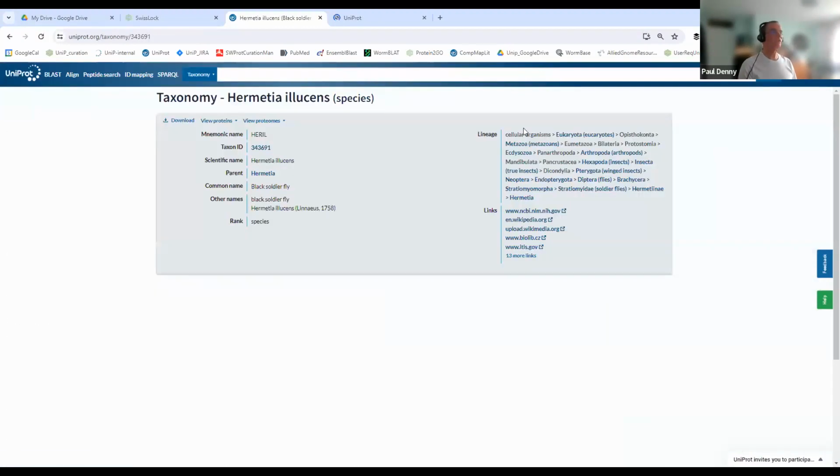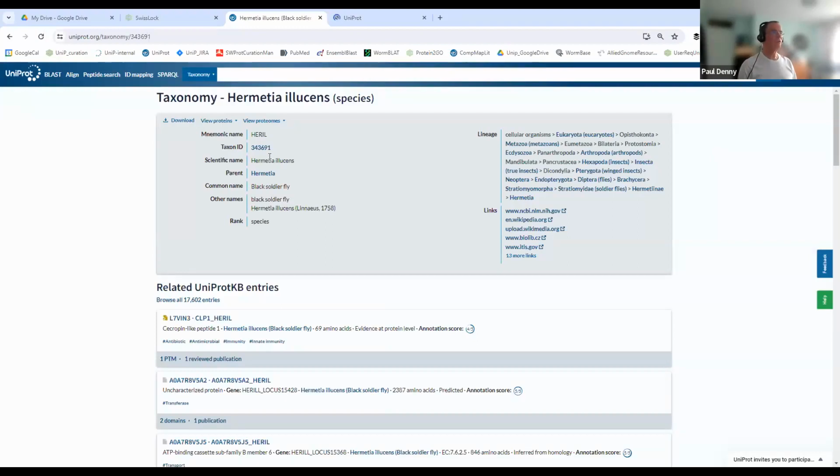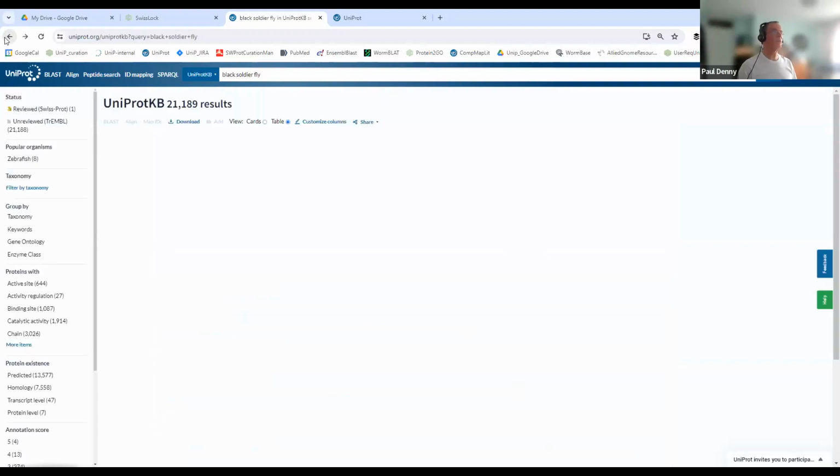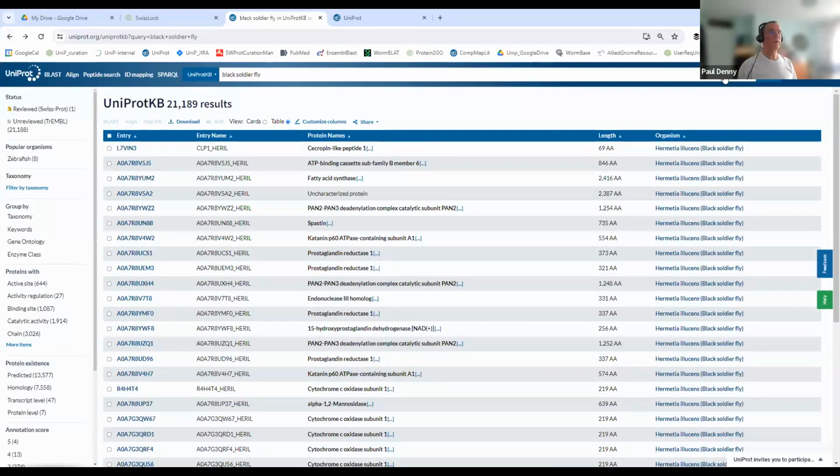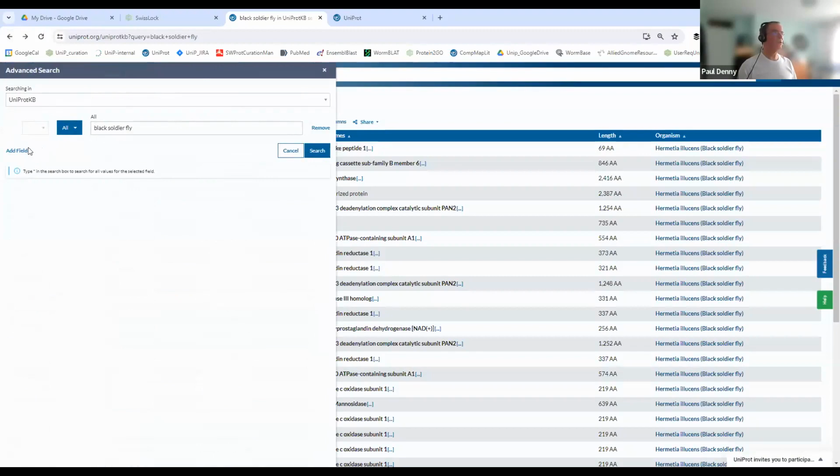So this is the entry, the taxonomic view in UniProt of Hermetia illucens, the black soldier fly. If I now copy that taxon ID and go back to the view I had a moment ago and do an advanced search and then put taxonomy into here,